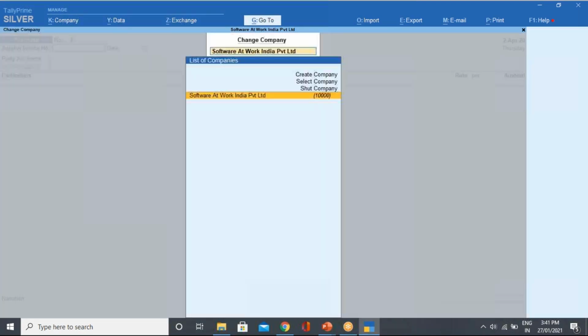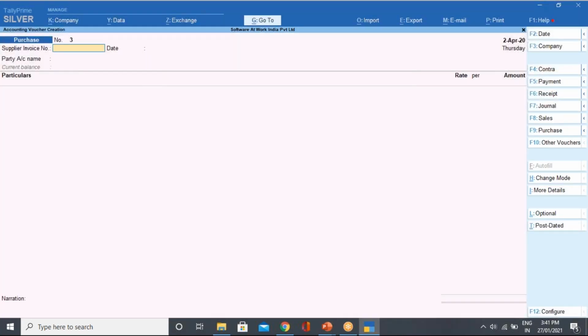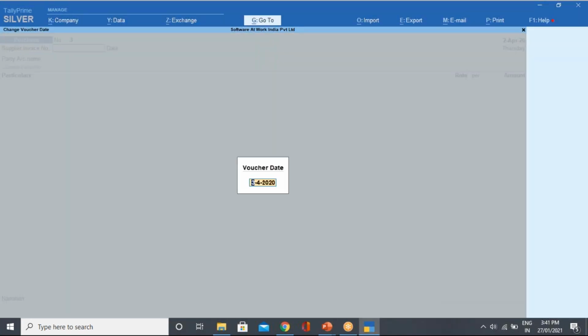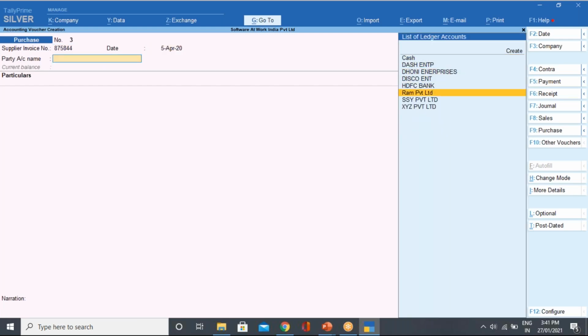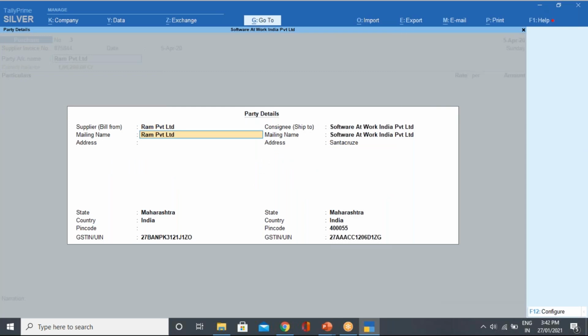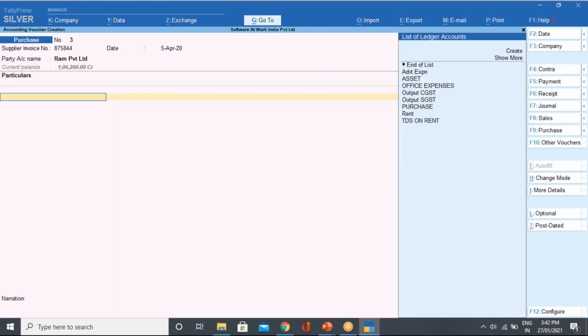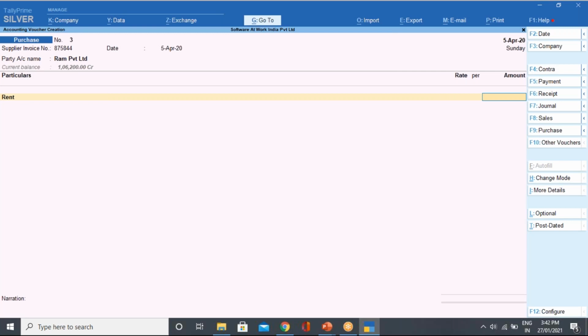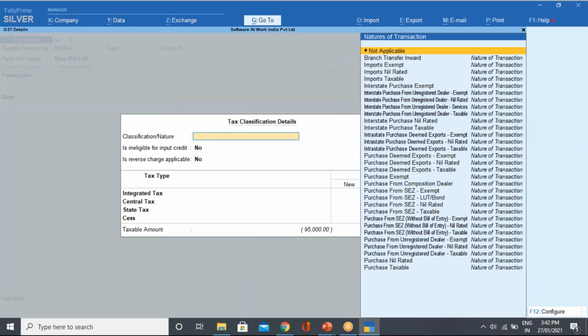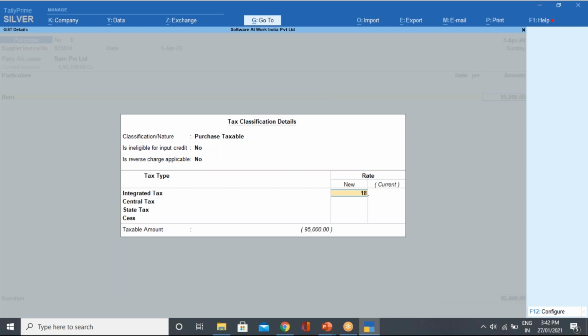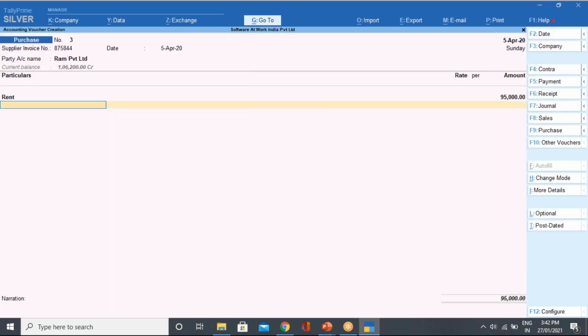So what happened after 3 days? After 3 days, on the fifth, again I paid 95,000 as rent. After 3 days or after 1 month also, you can pass it any time. But if in the same month, after 3 days, I have paid the same party rent of rupees 95,000, again I will come here and select the ledger of rent. Now I have paid 95,000. By this 95,000, my threshold limit of rupees 1,80,000 will be passed, so it will get exhausted. Now you can see 1,85,000 is my total.